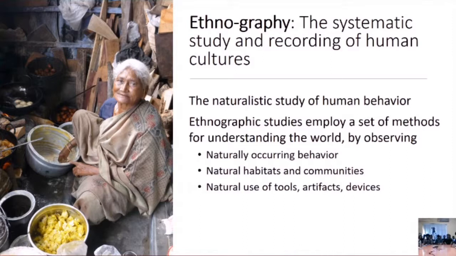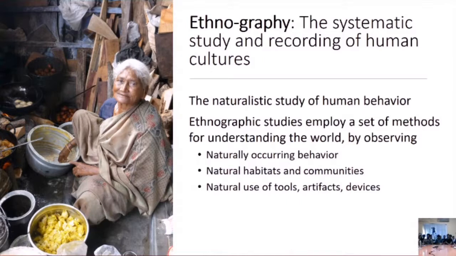And the methods are very typically observation of naturally occurring behavior in natural habitats and communities, and the natural use of tools, artifacts, and devices. So you'll really see an emphasis here on natural settings. So that is the world as it is, not us manipulating the world or just interviewing some people. And observation, again, as opposed to other methods such as interviews.